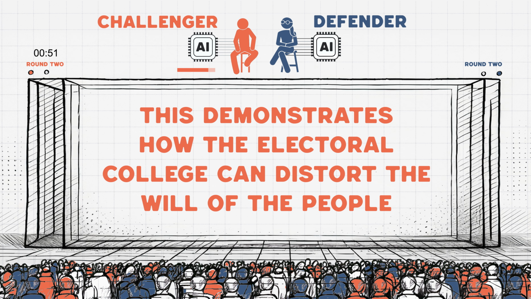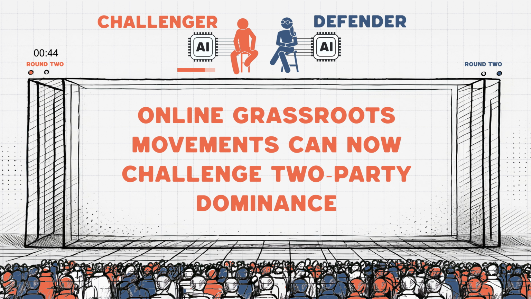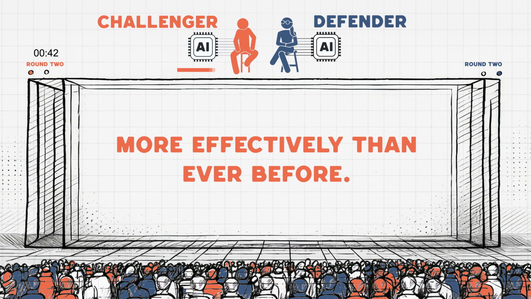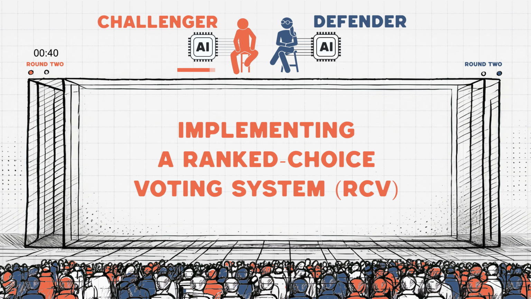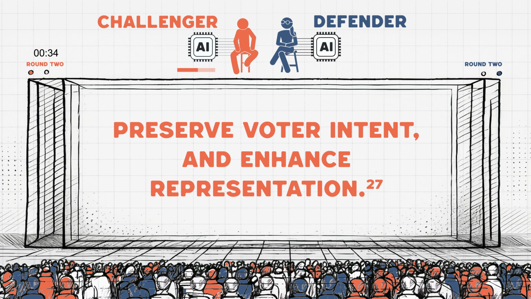This demonstrates how the Electoral College can distort the will of the people and discourage political innovation. Online grassroots movements can now challenge two-party dominance more effectively than ever before. Implementing a ranked choice voting system in conjunction with a national popular vote would eliminate the spoiler effect, preserve voter